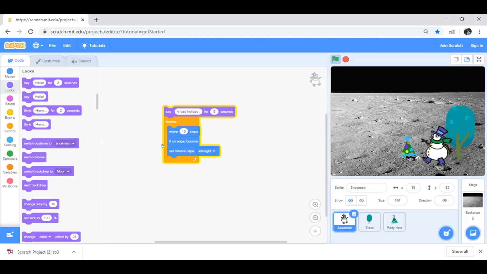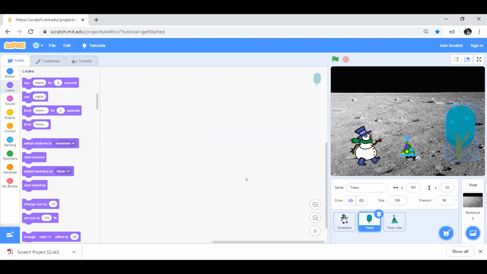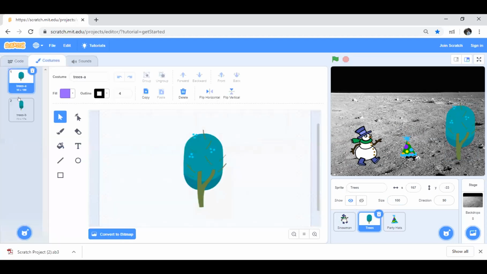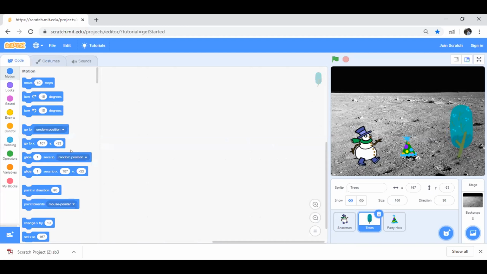Okay, Krish. Now we are going to do it for the tree. Okay. Can you select tree? Now let's stop everything. Now we will do code for tree. Okay. Show me the costume first. What kind of costumes you have for this particular tree? You have first costume and show me the second costume. Okay, the tree's shape is changing. Okay, let's go to the code. So it all depends on which tree you have selected, but you can code for it.